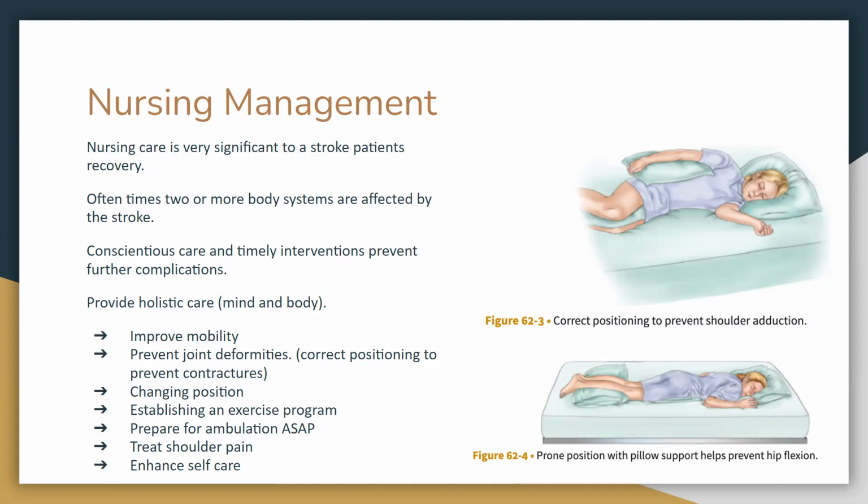And we would establish an exercise program, including range of motion, to improve mobility and muscle strength. And we would also start to prepare for ambulation. We would begin by sitting, standing, and then having our patients walk to prevent any further complications like pneumonia or blood clots. We would treat the shoulder pain because one side of the shoulder is affected, and therefore they